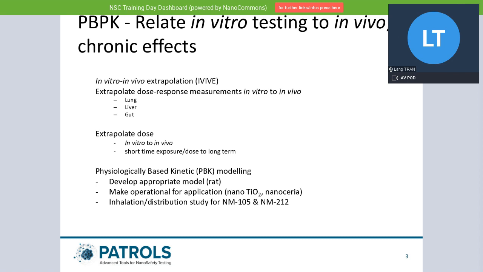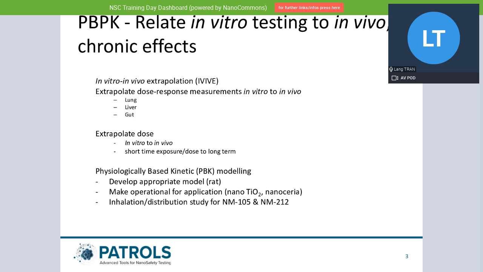So you not only have to extrapolate in vitro to in vivo, but you also have to take into account the difference in duration between short-term exposure, long-term exposure, and so on. And because we need to understand the dynamics of the building up of the dose in an in vivo situation, we need to develop a quantitative model to describe it.